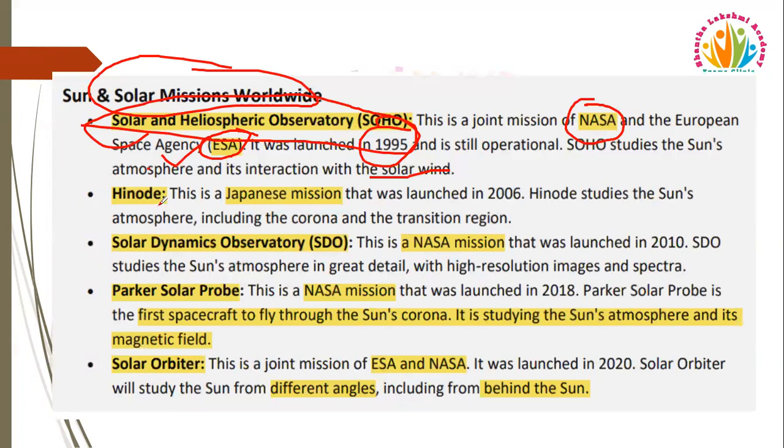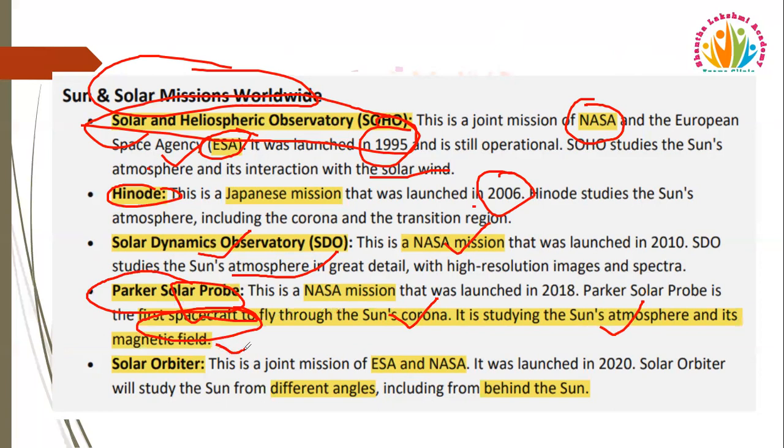Hinode is a Japanese mission launched in 2006 to study the corona and the transition region of the sun. The Solar Dynamics Observatory is a NASA mission launched in 2010 that helps us study the sun's atmosphere in great detail. Then NASA's most important mission, launched in 2018, is the Parker Solar Probe. This is the first spacecraft to fly through the sun's corona, helping us study the sun's atmosphere and its